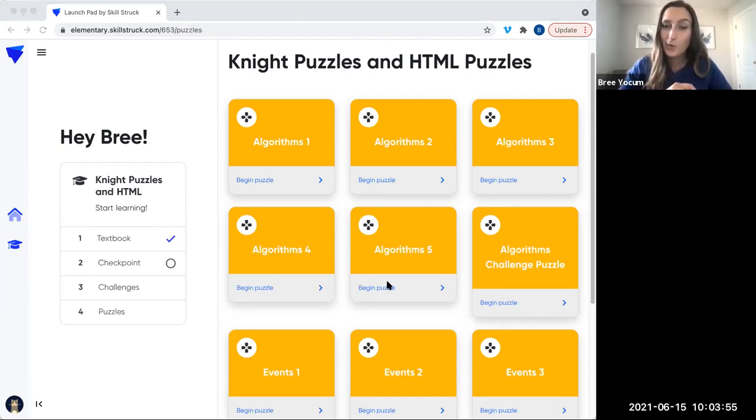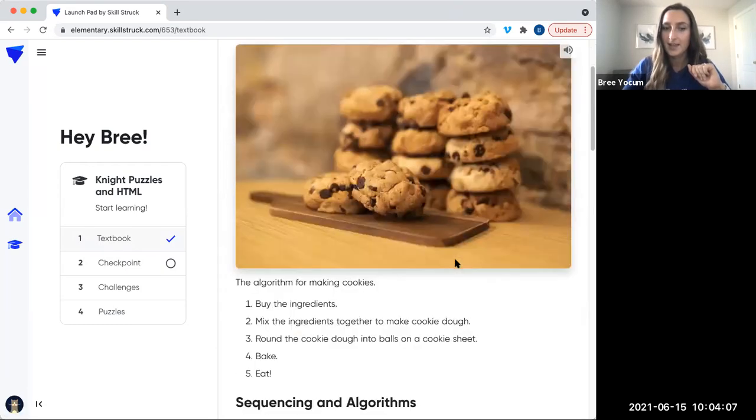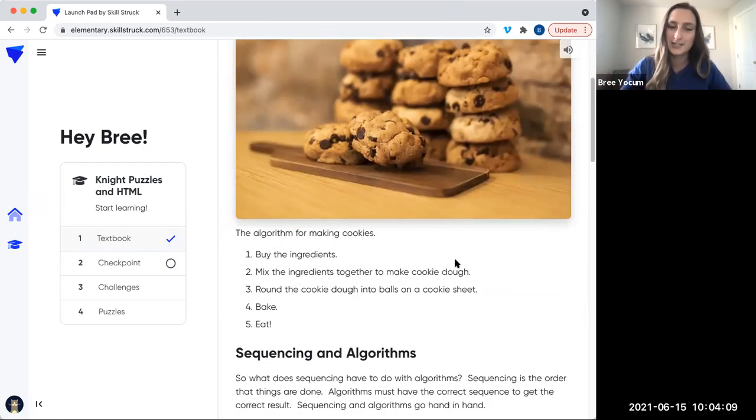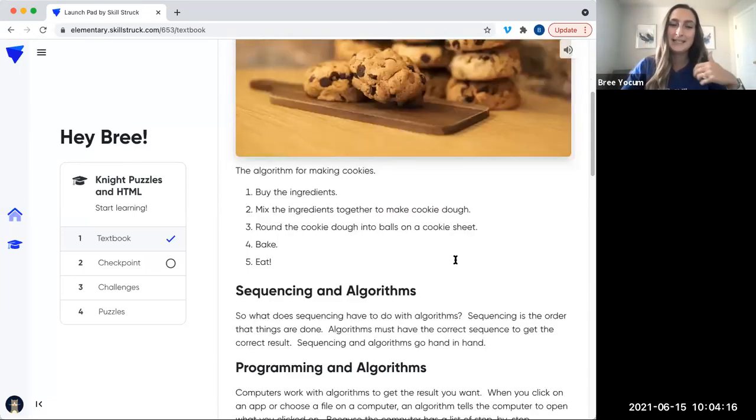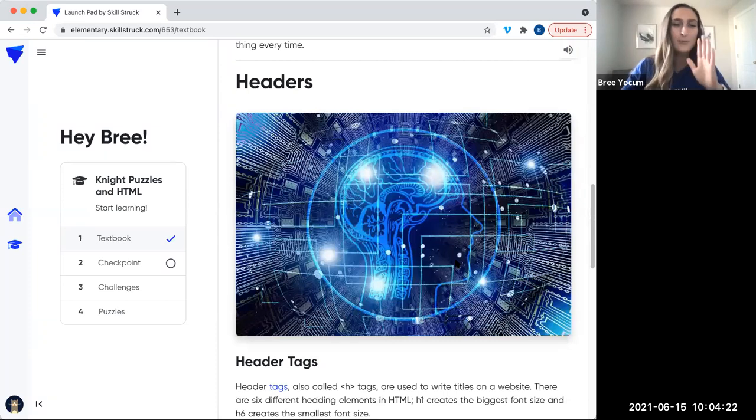Okay, so I'm going to have us come back and we are going to learn a new concept. So finish up the puzzle that you're working on, and we are going to go over to our textbook again. And normally the way the textbook works is it's normally 1 topic per lesson. Because I wanted to teach you guys a few things on here, I did combine a couple of lessons into this textbook. So it's normally 1 lesson at a time, but I wanted to kind of show you guys what